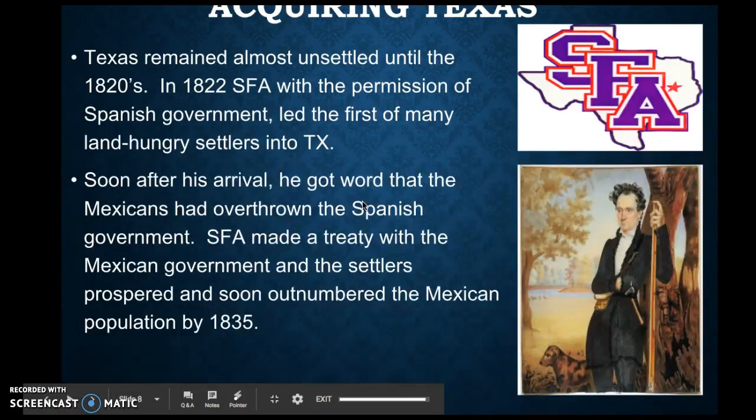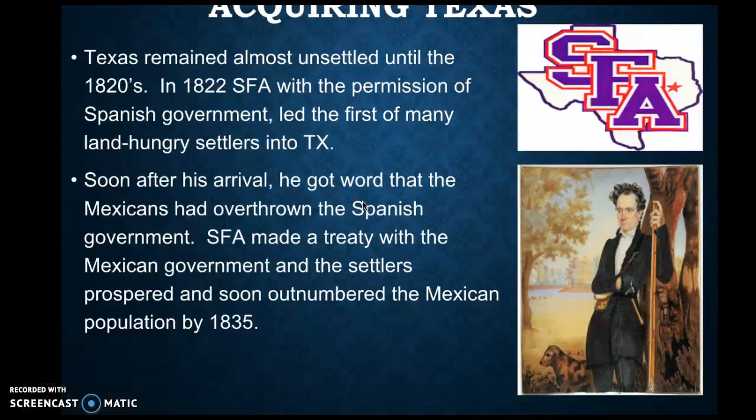Okay, so first, we kind of talked about this a little bit on Wednesday, kind of how Texas became Texas. So it starts with Stephen F. Austin. His dad wanted to come into Mexico. It was new land, and his name was Moses Austin. Well, he dies, and his son, Stephen, picks up the torch and starts to bring settlers into Texas. So he brings in so many that by about 1835, we have more Texans in Mexico than